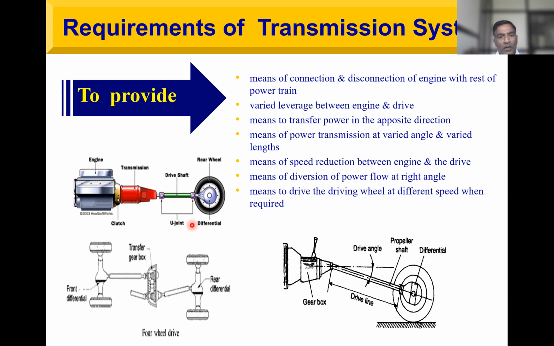So there are different needs. First need is to have connection and disconnection of engine with rest of powertrain. So this is the engine, and from this one is the clutch, transmission, universal joints, drive shaft, and the wheel. So power is developed in engine, and it has to be transmitted to the drive shaft via clutch and the transmission system,